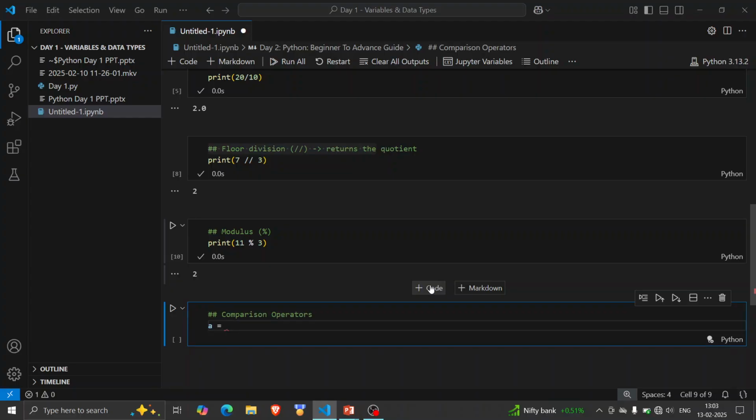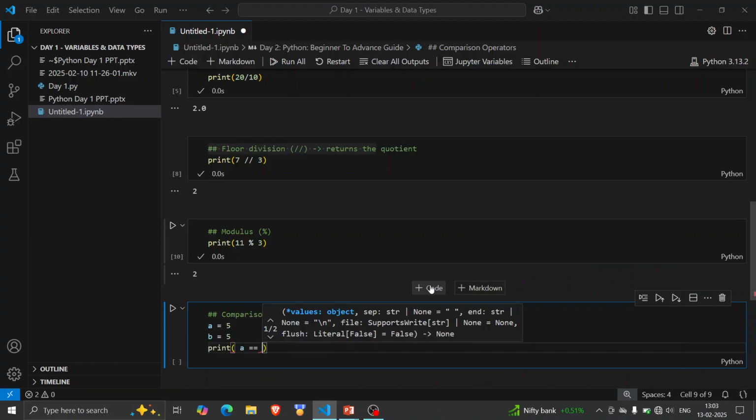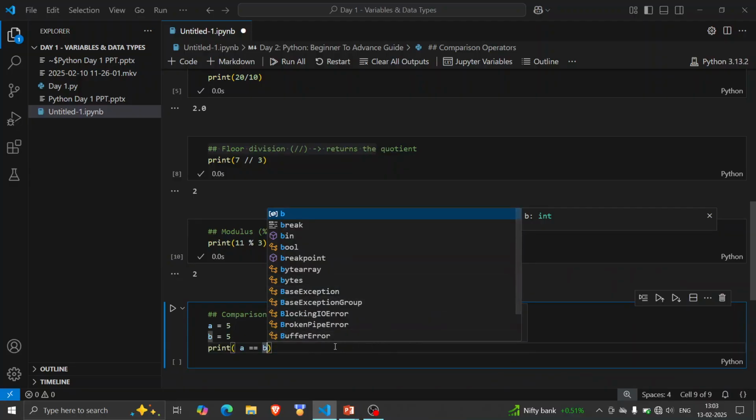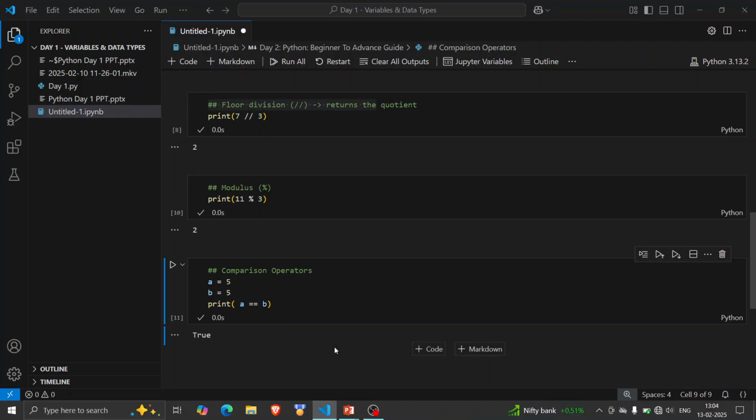If I create a variable a is equal to 5 and b is also equal to 5, and I print a double equal to b, since both a and b are equal, it will give us true. So the double equal to sign is used to compare two values. If I change one of the values to 6, then it will give us false.